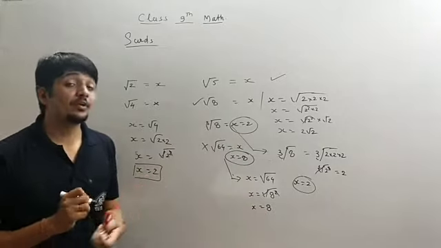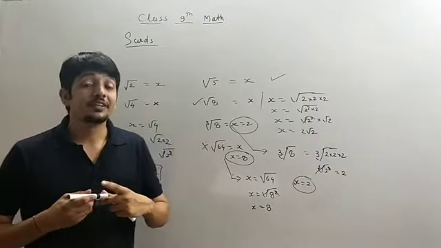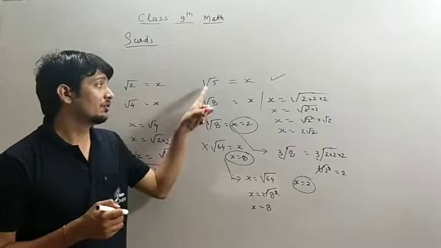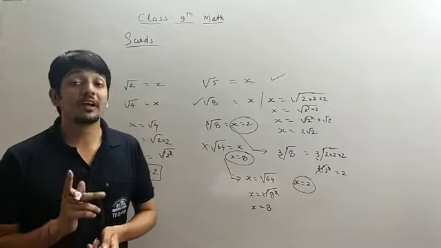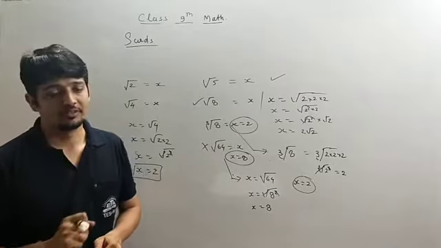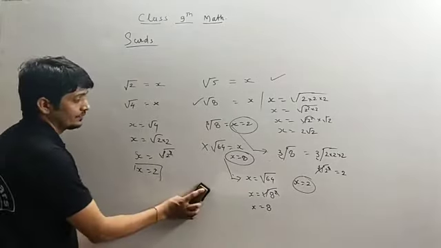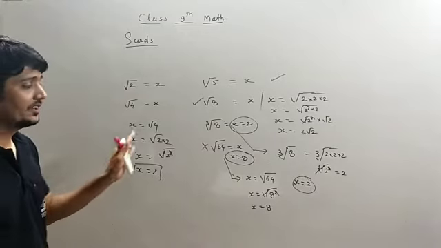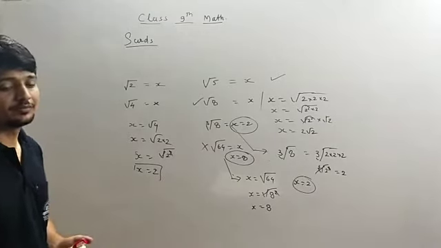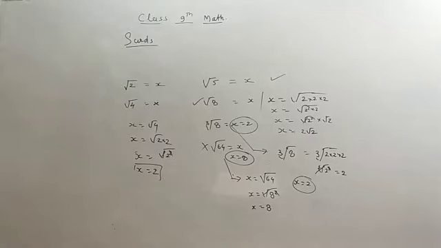So likewise we have to decide whether the given numbers in the form of root, that is irrational numbers, are surds or not. Okay. So for understanding that, you have to write this part also.